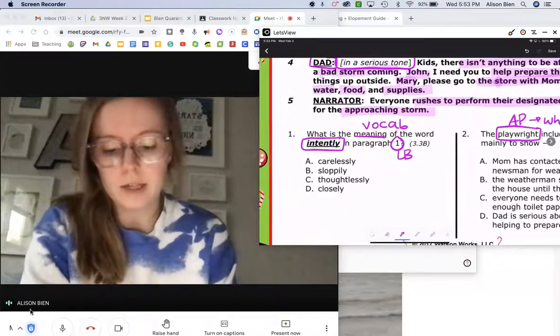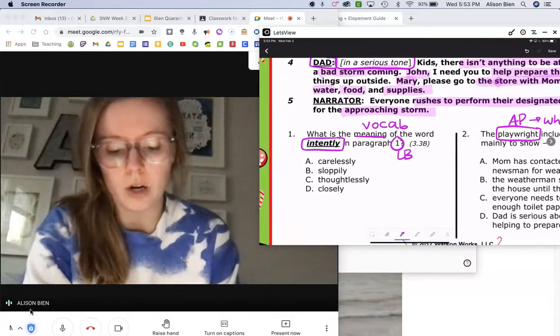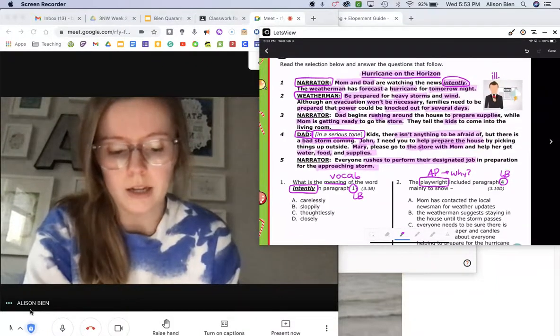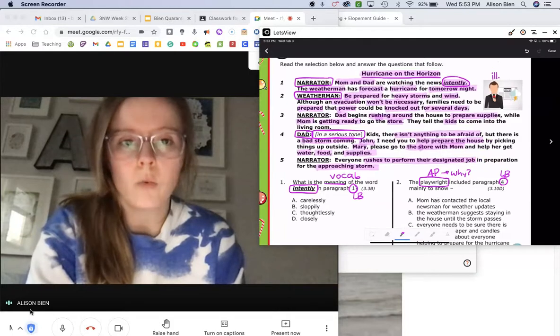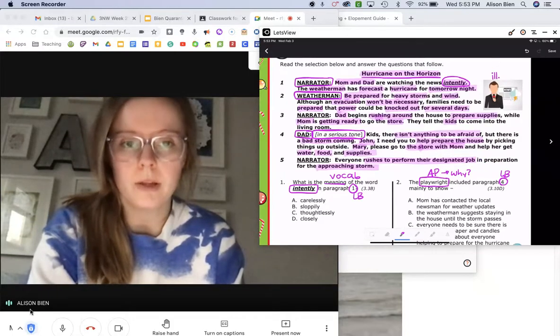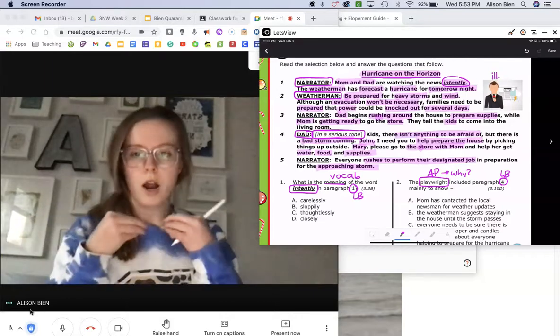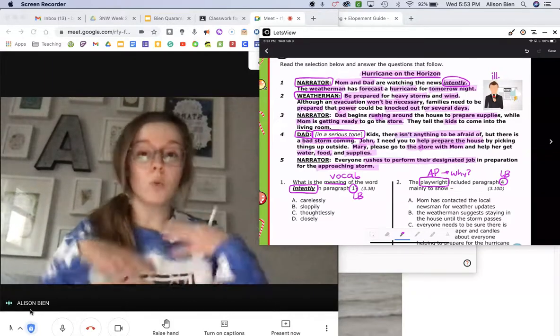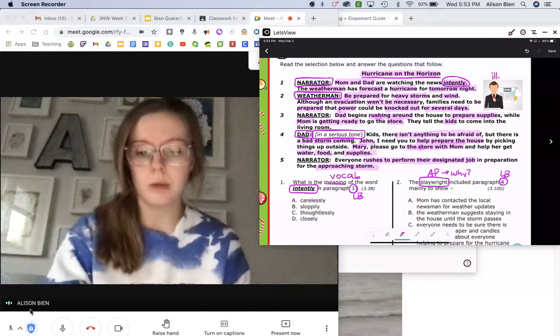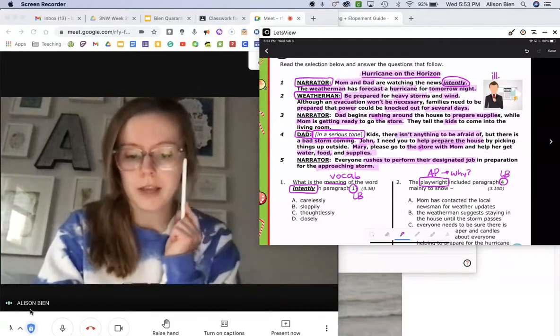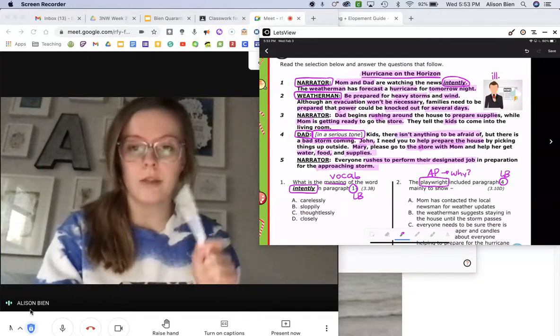Okay, so number 1 says, what is the meaning of the word intently in paragraph 1? So it says, Mom and Dad are watching the news intently. The weatherman has forecast a hurricane for tomorrow night. So I want you to picture that happening. Like imagine that you're watching this happen. Okay, so picture Mom and Dad sitting on the couch watching the news, and the guy comes on and says